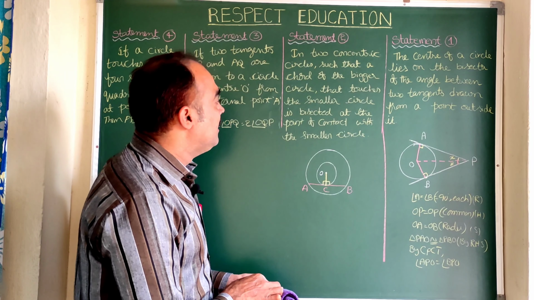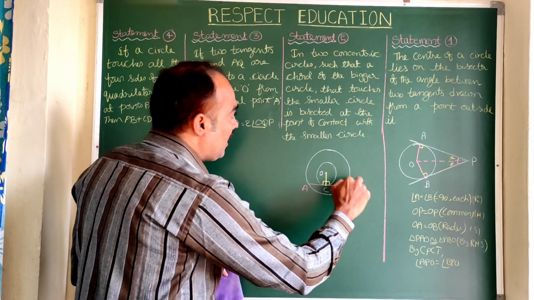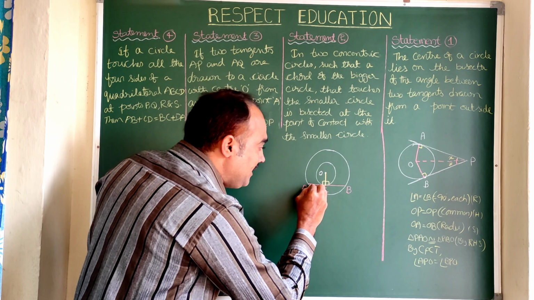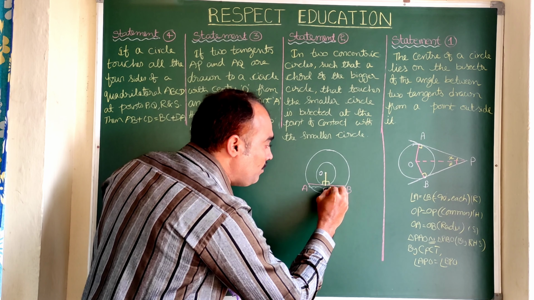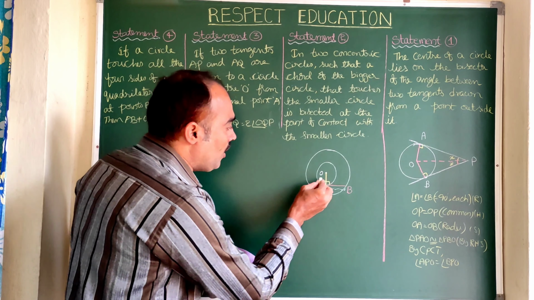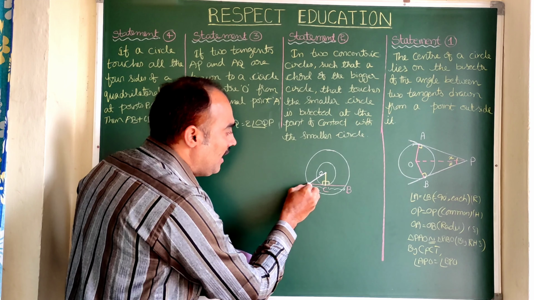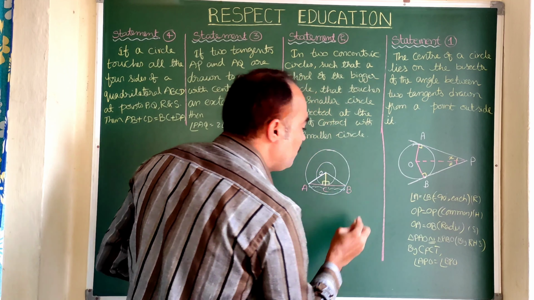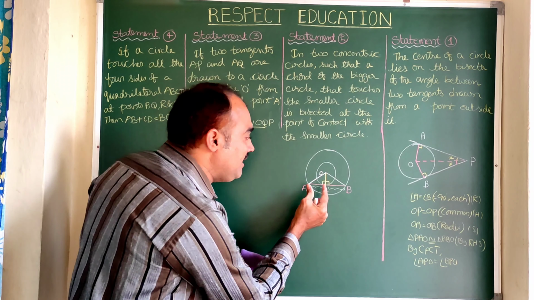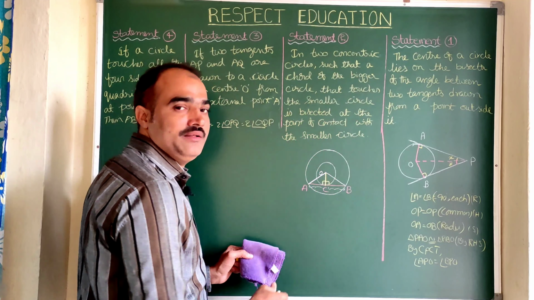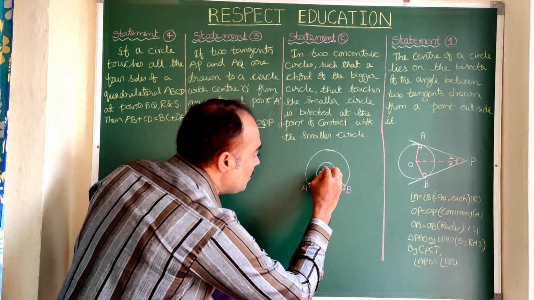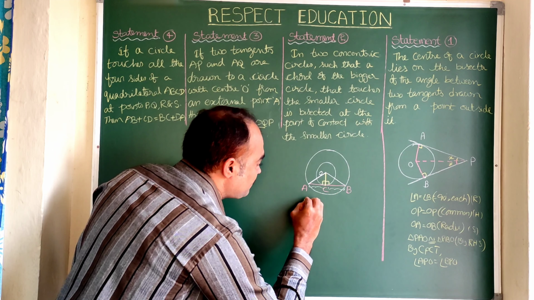What is to be proved here? Here we need to show that this chord is bisected at the point of contact, means we bisect at C. We need to prove AC is equal to BC. That is what we need to prove. For that, what we have to do, join OA and OB. Now let us prove these two triangles are congruent. By CPCT we take AC is equal to CB. That is what is required. So here let us try its solution now. From triangles OCA and OCB.